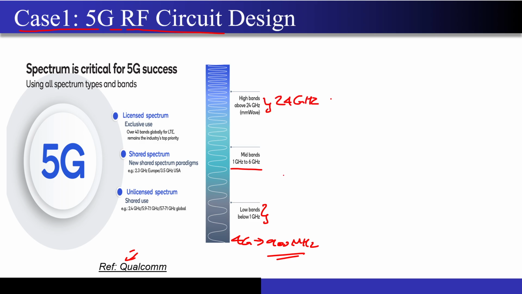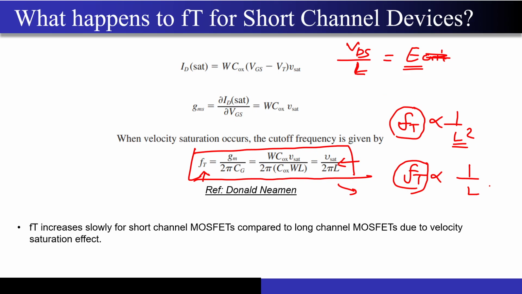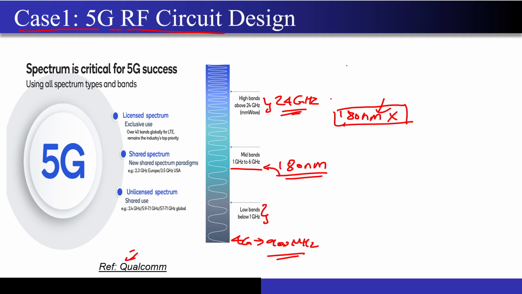If I use 180 nanometer technology to design my RF amplifiers for this particular frequency band, I cannot use 180 nanometer over here, because a MOSFET made of 180 nanometer is not capable of giving gain at this frequency. The reason we have already seen is this FT value. Let's say my frequency of operation is 24 gigahertz, then the thumb rule that we generally follow is that your F operation should be less than the FT divided by 5.